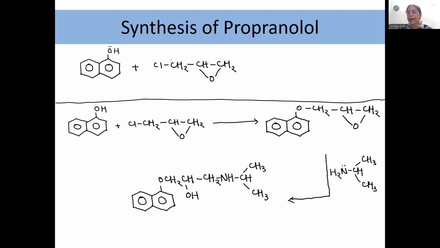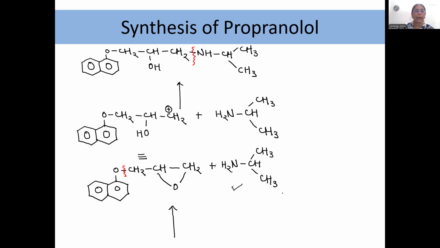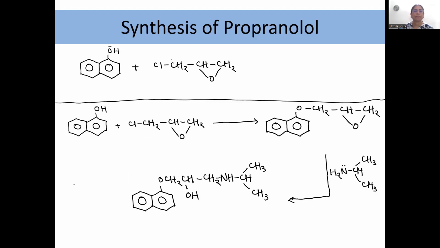As a result, carbon becomes pentavalent, it cannot. So, this bond breaks. This has to break. When this bond breaks, the resultant compound is propranolol. Okay, it does not matter whether you write it in a forward way or you write it in a backward way. So you will write this as the first step, this as the second step, and this as the third step, correct? Here, first step, the second step, and okay.